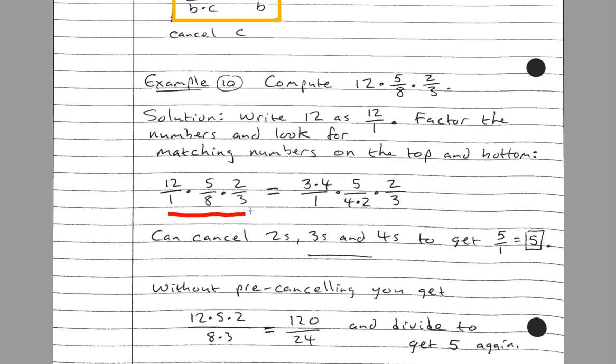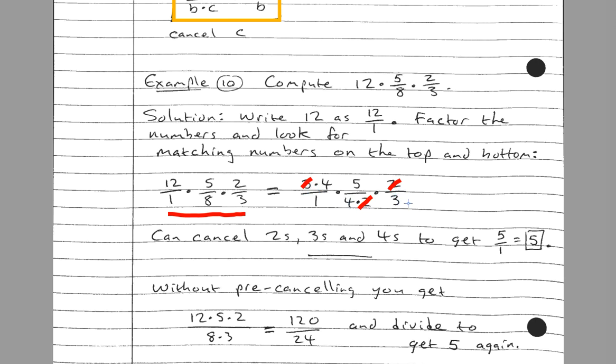I see a 3 on the bottom, and I know 12 is 3 times 4. So right away those 3's are going to get canceled. I see a 2 on the top. On the bottom, 8 is 2 times 4, or 4 times 2. We also have a 5 on the top, but that's not going to match. There are no 5's on the bottom, so the 5 doesn't cancel, but everything else does. And so I can cancel these 2's,